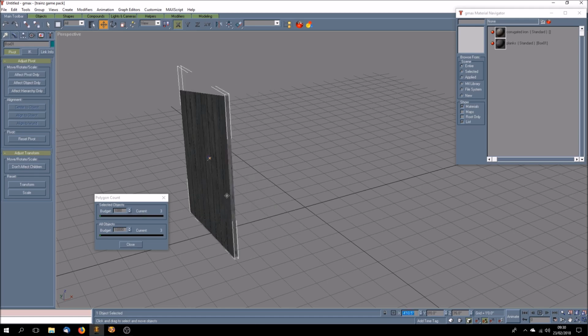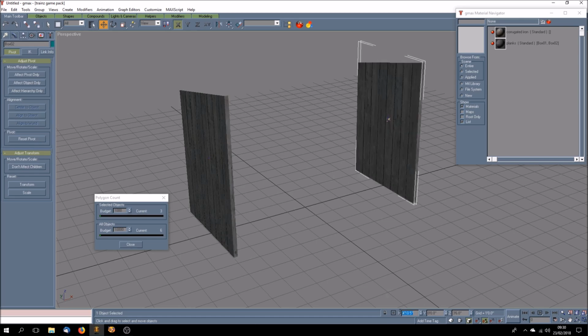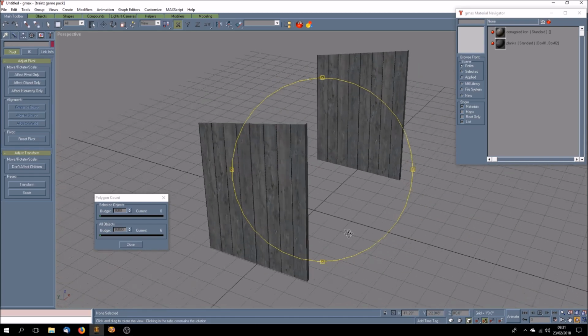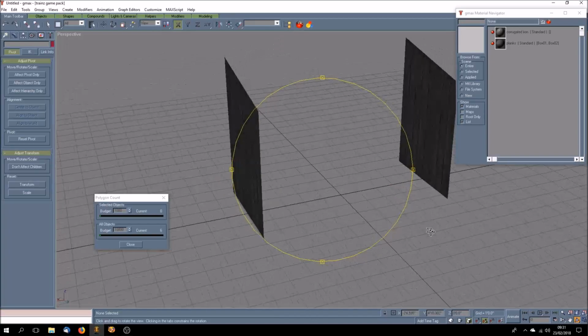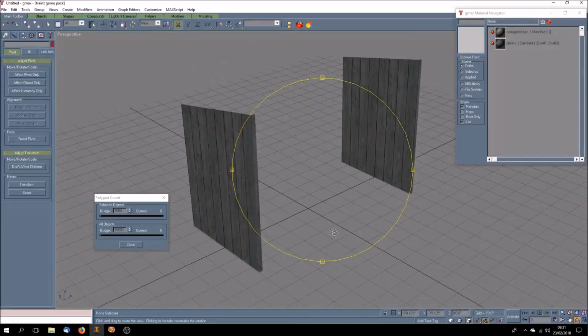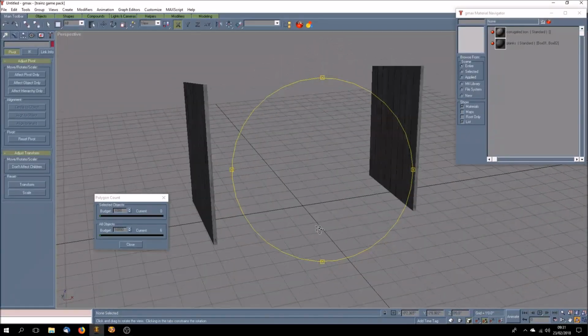Now instead of making another wall like that, we want the other wall to be identical. So we just come up to here, edit, clone, okay, and we don't have to move it. All we need to do is go down here and take off the minus, and it moves the clone to 4 foot 10.5 inches on the plus side. Easy. And our next stage is to put a back on there, and we'll put a window in the back